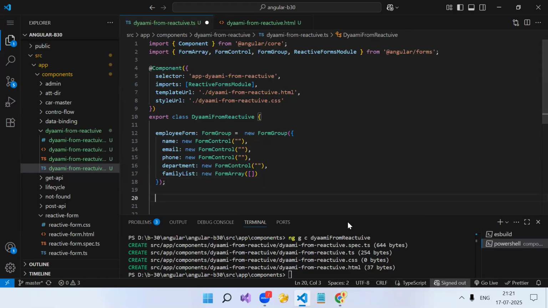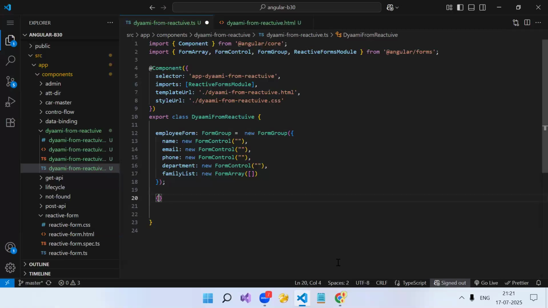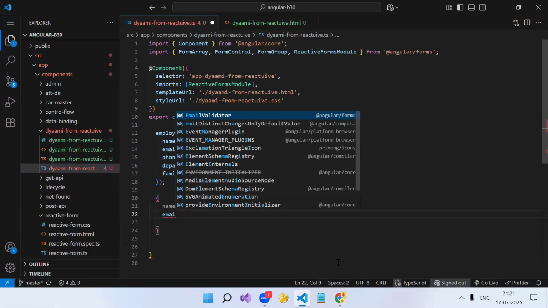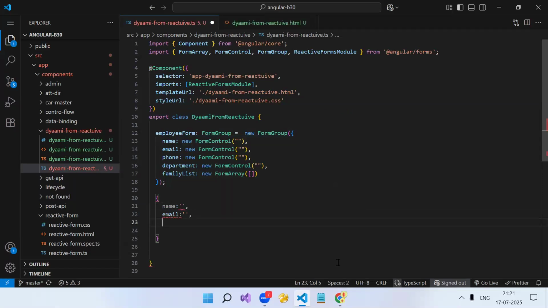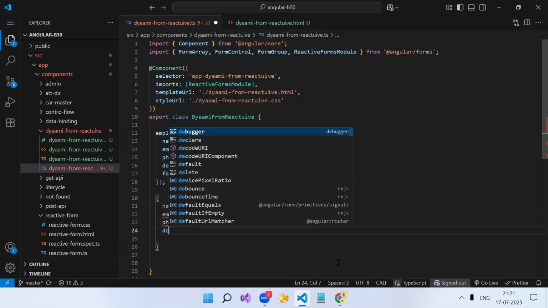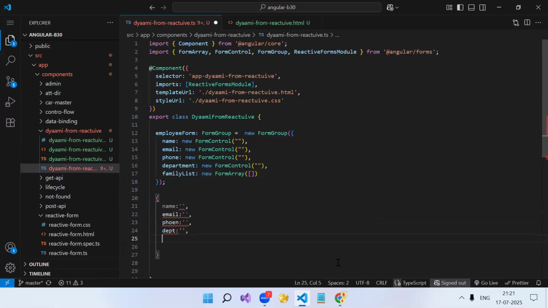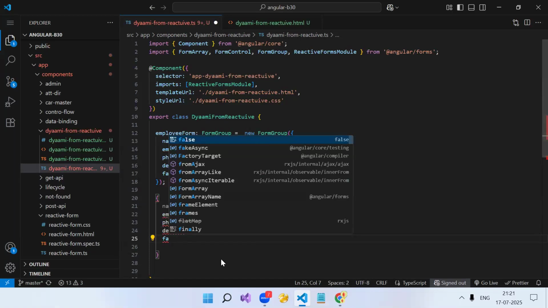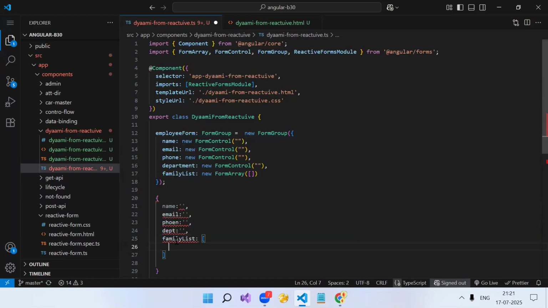And consider you have an API where you need to send the data. So what type of object do you need to send? It will be like name colon something, email colon something value, then phone, department, and then family list. In this family list, you will pass an array of objects of family, let's say member name, age, something.